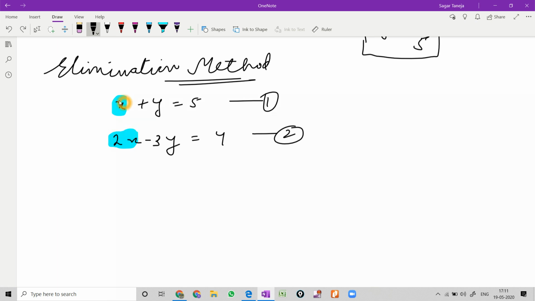I have to make the coefficient of these two variables the same. Here the coefficient of x is 2 and here it is 1. We can make it 2 by multiplying the first equation by 2. So what I am writing here is